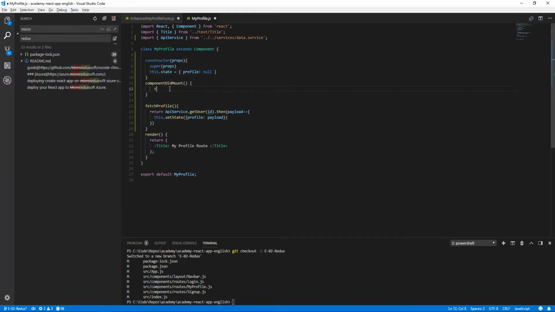And call this function from here. Let us fix the spacing. We need to have 4 spaces